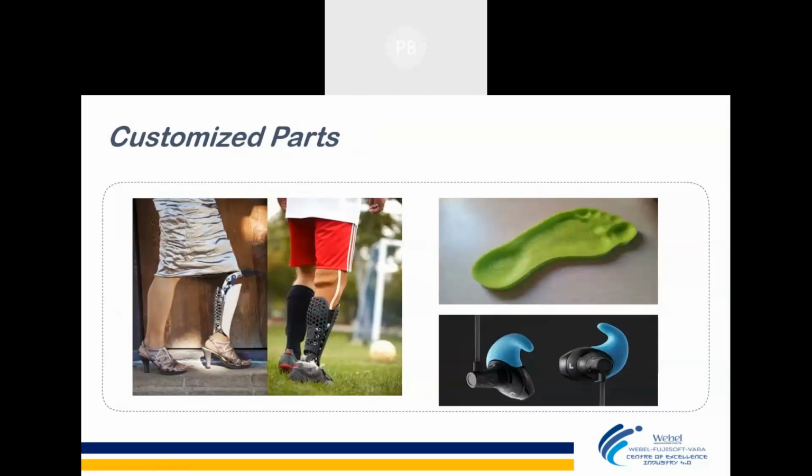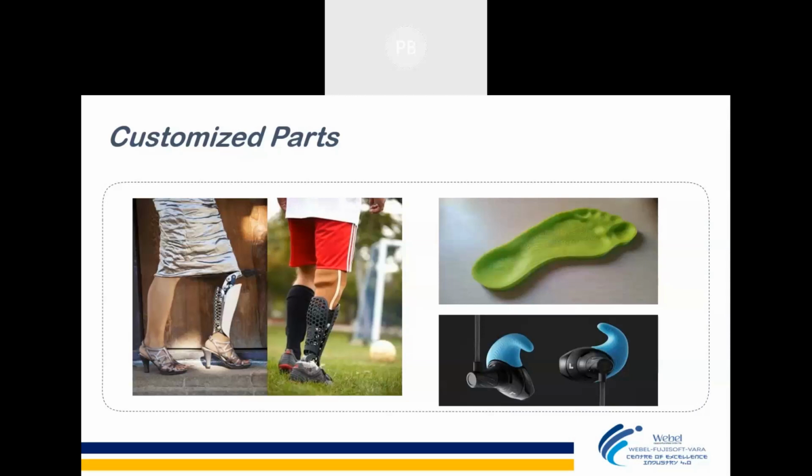Customized parts. Whenever customization comes up in manufacturing, the cost will boom up. For example, if anybody goes into a market and asks for a customized pair of shoes, is it available in the market? No, sir. You need to order it, or tell them your requirement. What is your requirement for your shoe, or for some customized part? Then the company develops it accordingly for you. So the cost is also very high because they are developing a dedicated part for you. It's not a standard part.